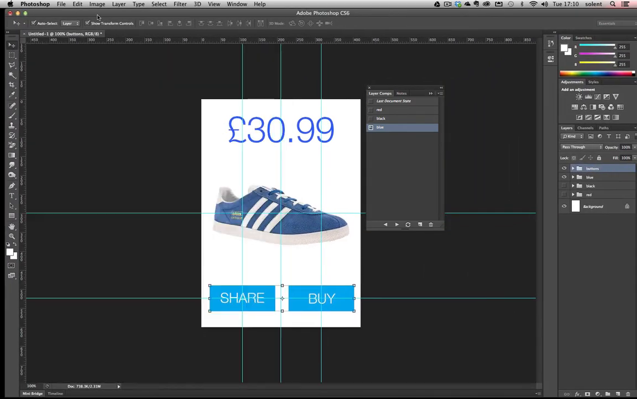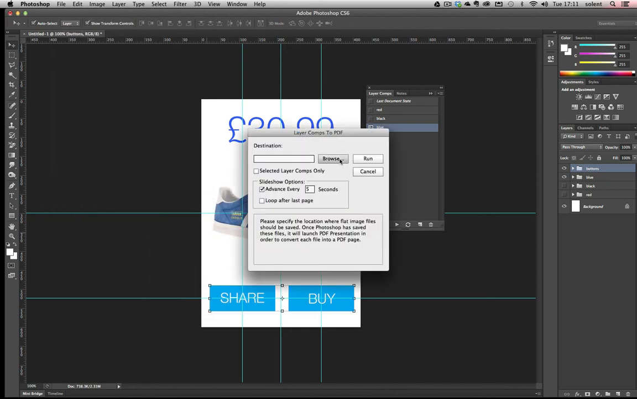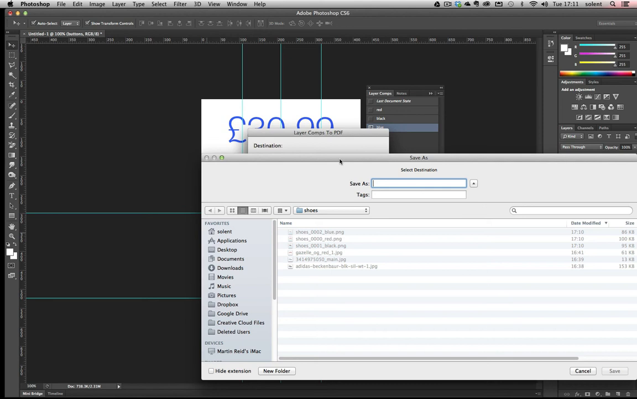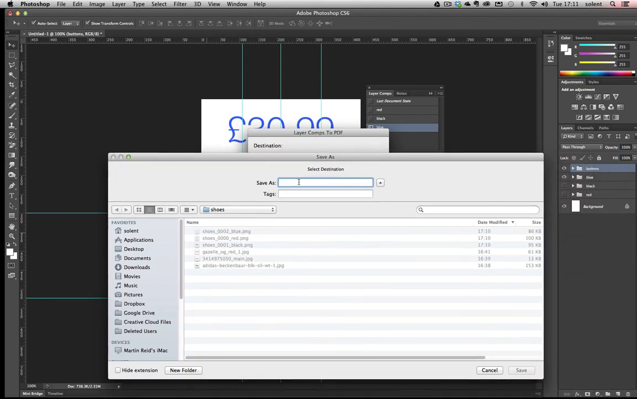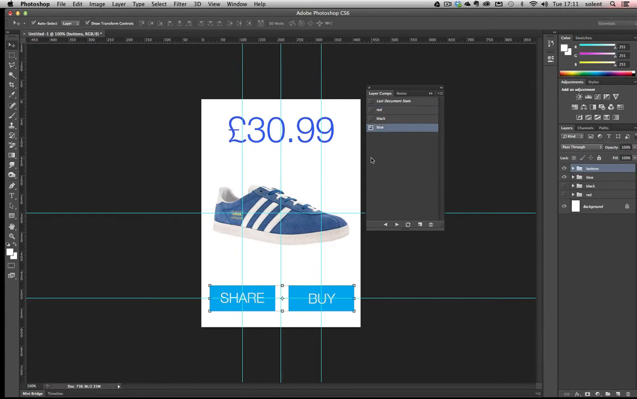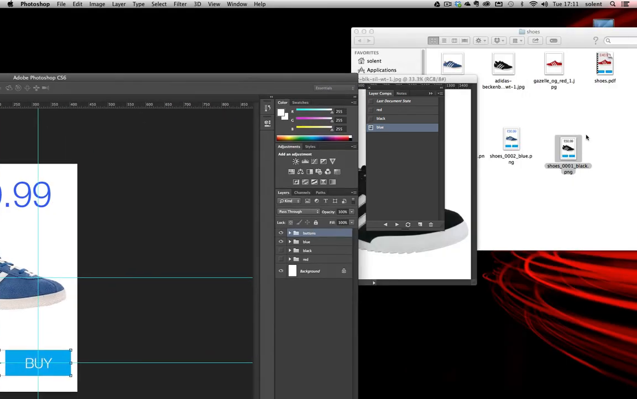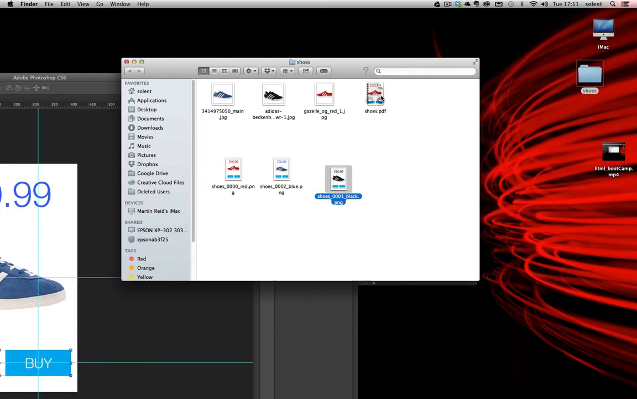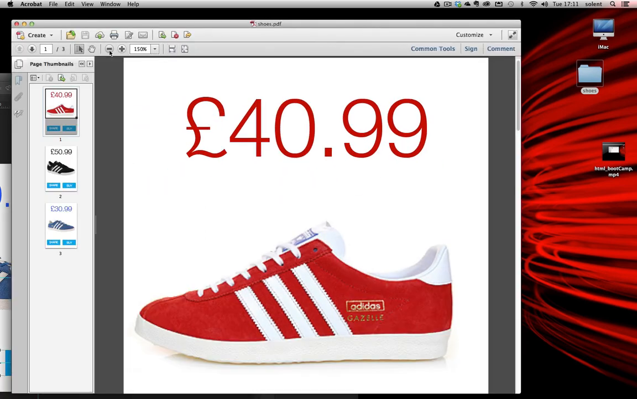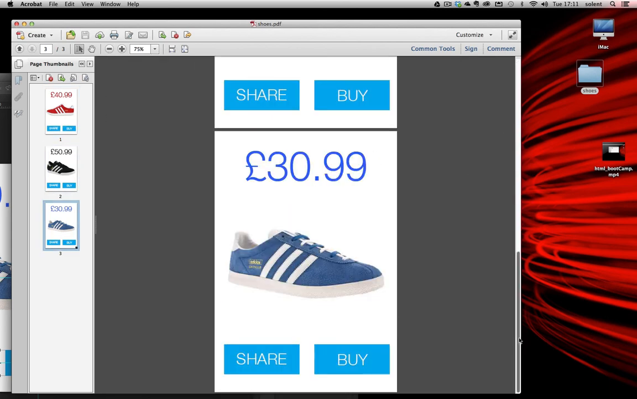Now, the other thing you can do with the script is this. You can go to File, Scripts, and this time you can go for PDF. Again, I will browse. I will save it in here, and I will call it shoes, and click save, and then all I need to do is run it. Tells me it's been successful, and this time I'll go here and it saved them all in a PDF. If I open that up, what you'll see here, I'll just take it down, it saved them as a PDF document,